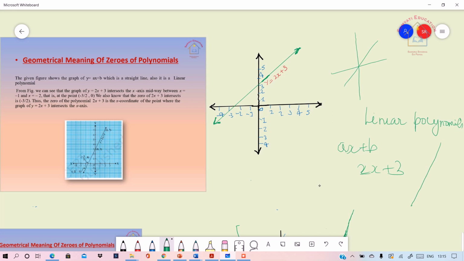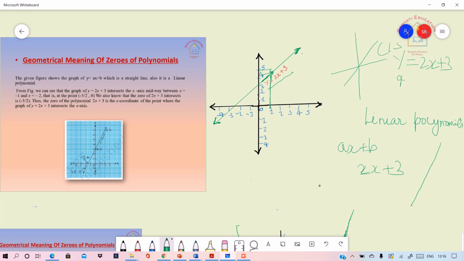As you can see in this figure, the polynomial here is 2x plus 3, and it shows a line. This line will satisfy all the points over here. If we write the polynomial as y equal to 2x plus 3, then for a point like this, here it is 1 and here it is 5. Any point is (1, 5).